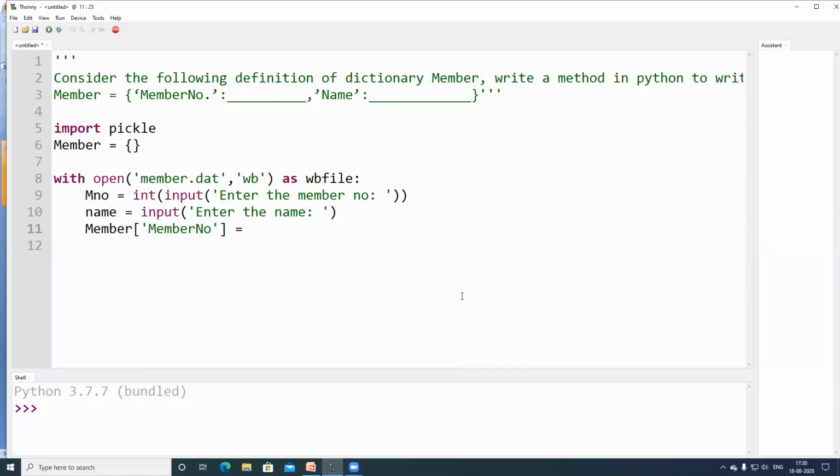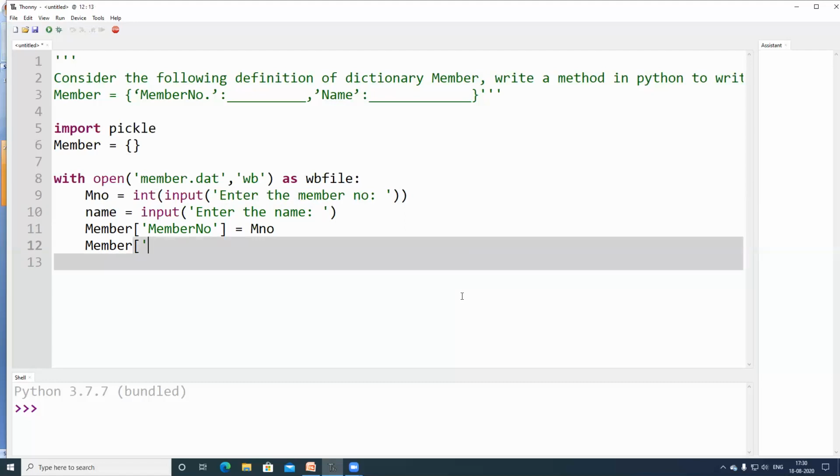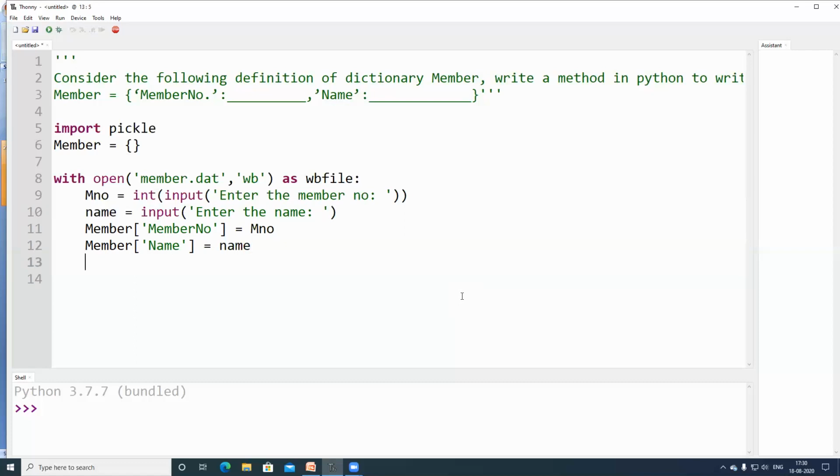For this key, you are trying to assign this value, namely M number. The second one, member is the dictionary name. Then the key value is name. You are giving these key values in quotes and values normally. That is, the value is name itself.